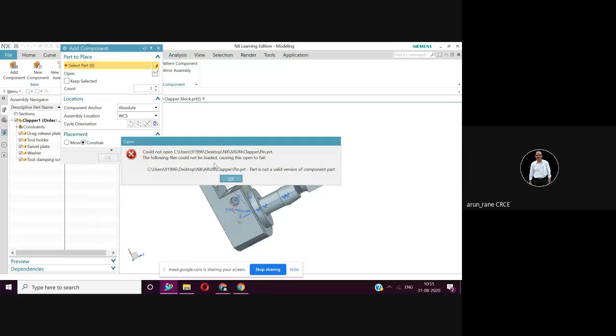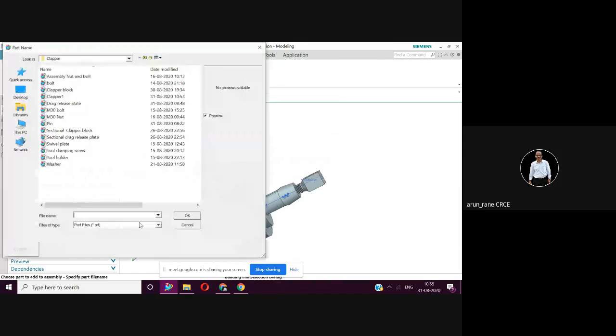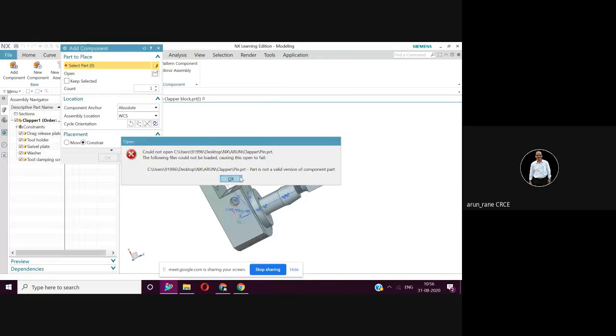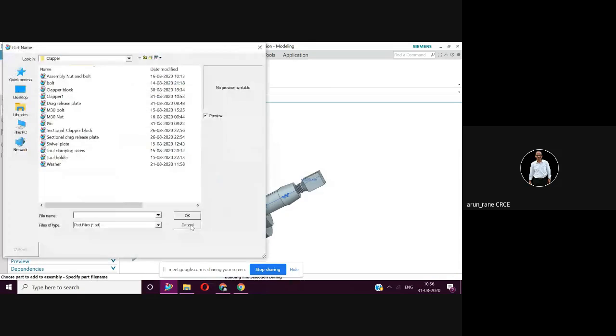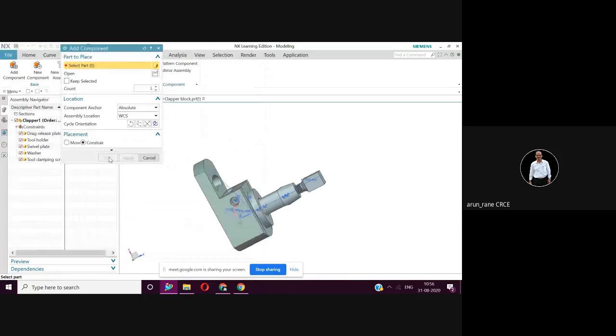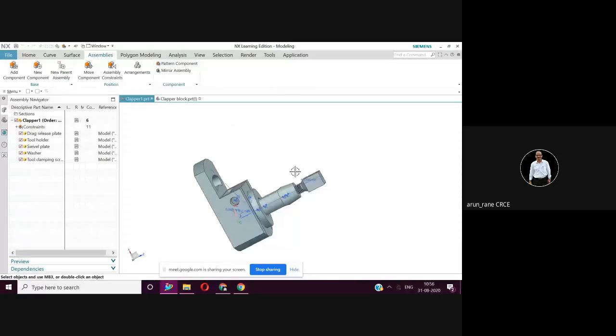The following files could not be loaded, causing this open to fail. I'll say okay. I think something is wrong with this part, the pin. Preview is seen, but it is not getting added. It has not come in the assembly.